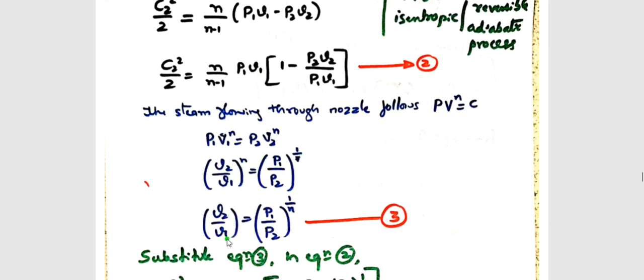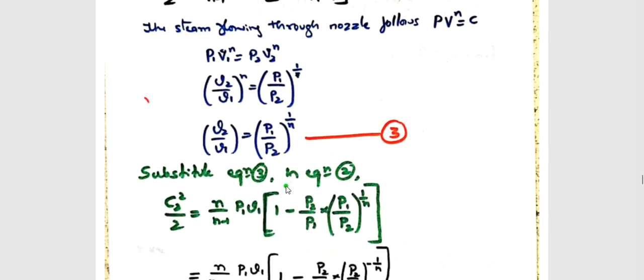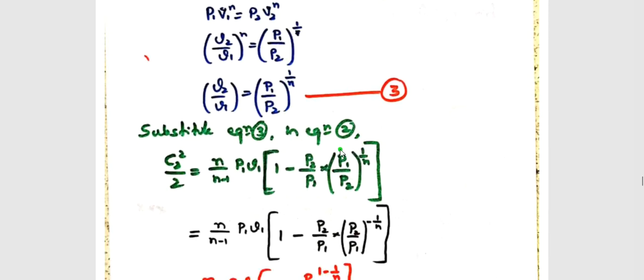So V2 by V1 is equal to P1 by P2 to the power of 1 by n. This is equation number 3. Now this equation number 3 you substitute for V2 by V1. I am replacing the ratio of specific volumes with terms of pressure. So now using equation number 3, equation 2 becomes